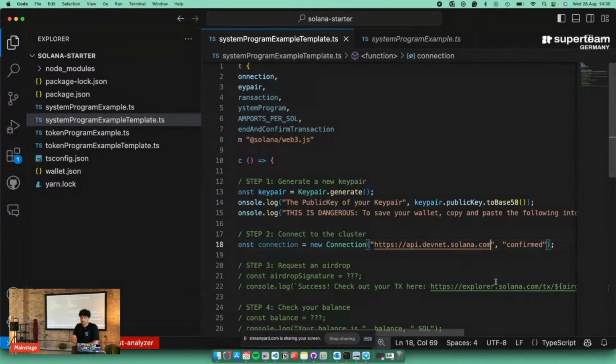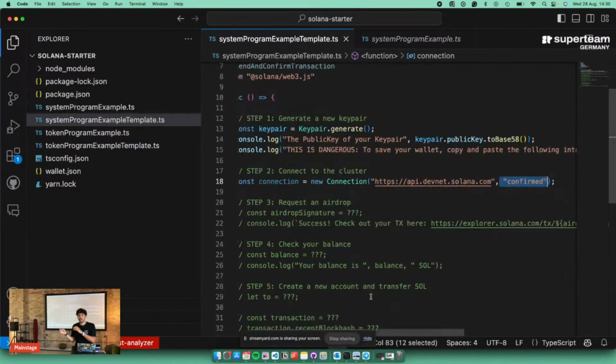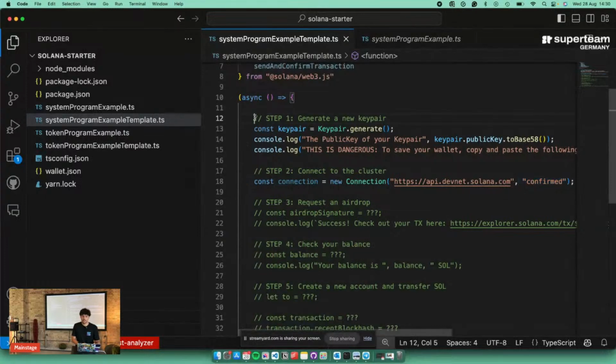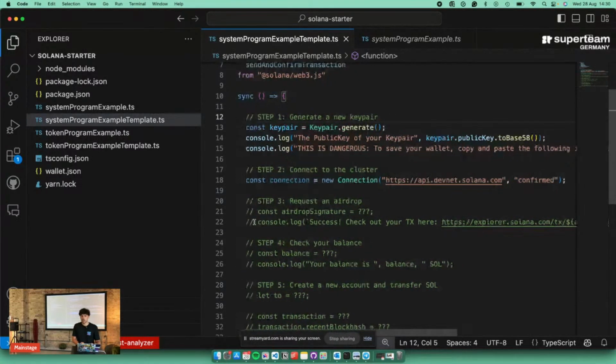So this confirm that I have here, I could just delete it, and it will not throw an error. But if we actually want confirmation, that is the fact that we want to continue with our script only when we get a confirmation by the chain that the transaction actually hit the chain. So if we want to always wait for the transaction to hit the chain, we need to add a commitment as confirmed. After that, we're just going to request an airdrop because we need some Solana to